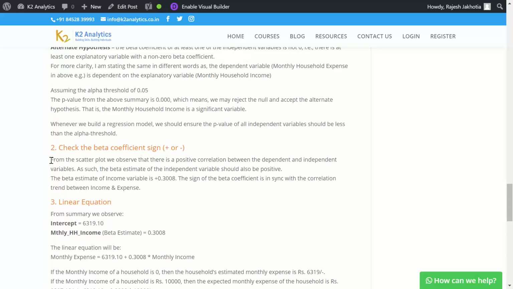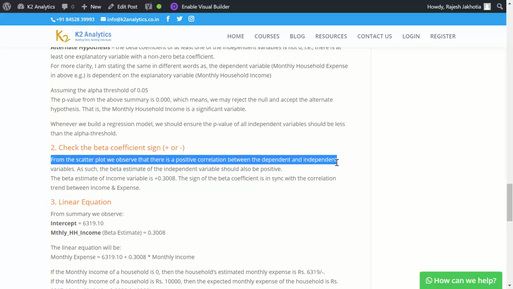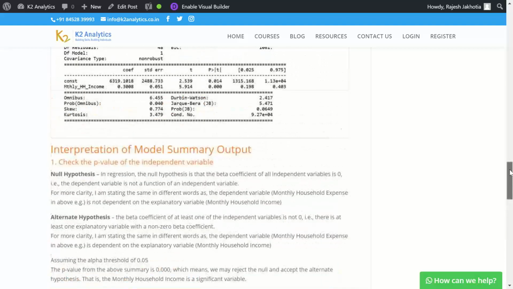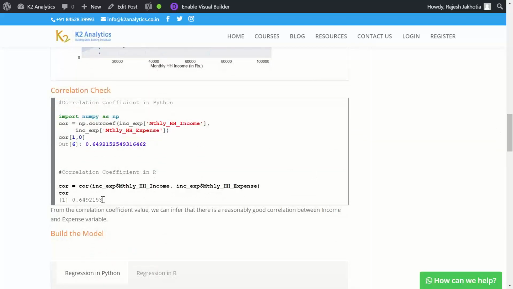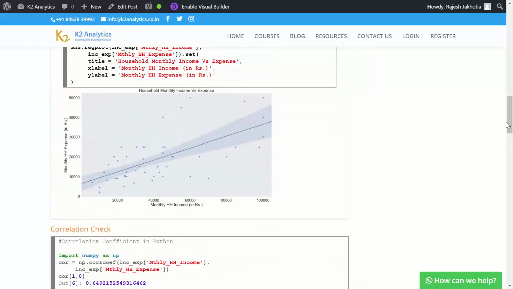From the scatter plot, we observe that there is a positive correlation between the dependent and independent variable, and we also saw that by running the correlation syntax. From the correlation syntax, we got a correlation of 0.649. Visually, we see as income increases, expense increases, which shows positive correlation.